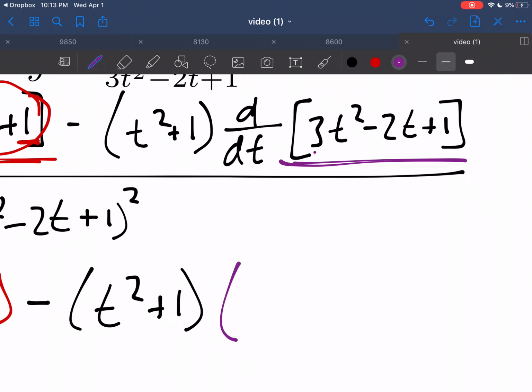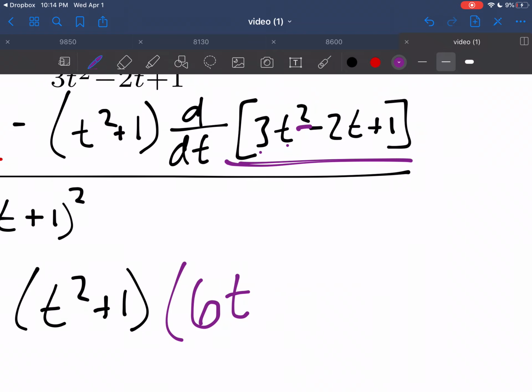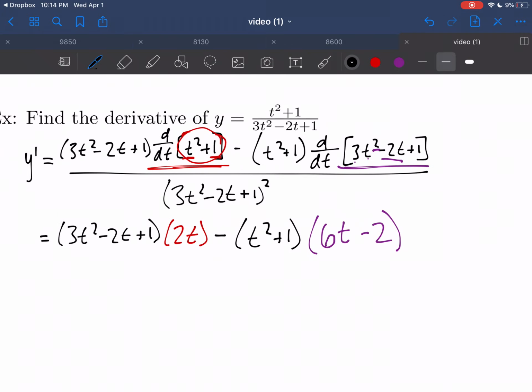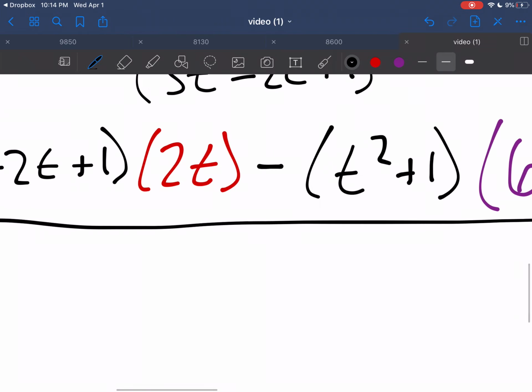Okay, so we've got 3t squared. That 2 comes down, so 3 times 2 is 6. t to the 1, because 2 minus 1 is just 1. Okay, minus derivative of 2t is just 2. And then the derivative of plus 1 is just a constant, so it's 0. Alright, and all that over